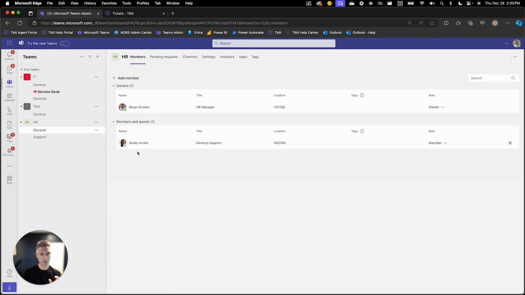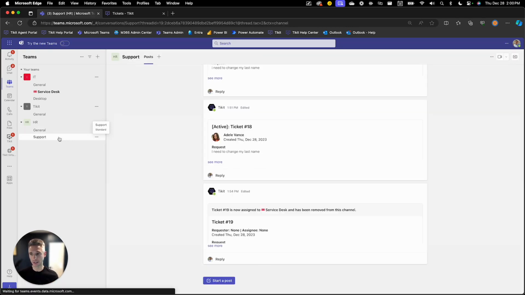HR team. Now, this is really important because if Alex were to log into Microsoft Teams, as the example, he visibly wouldn't even see the HR team. It's actually a private team as well, so he couldn't even access it. He couldn't even gain the ability to request to access it. But visibly, he won't see that team, and by proxy of that, he won't see any of the tickets within the